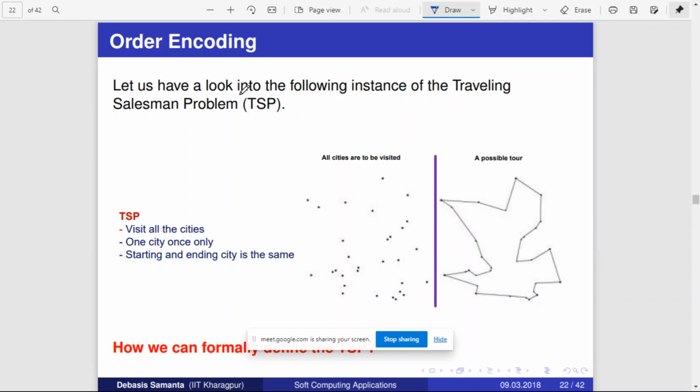Order encoding. So basically order encoding is something like in what order the thing should be done. For example, there is a certain set of tasks you want to do, say task 1 to task n. But assume that if I follow one particular order, I can complete the task in less time. The different order you follow, the time to complete the task will be different. It is not that if you follow any order, you will complete the job in the same time. No, that's not the case.